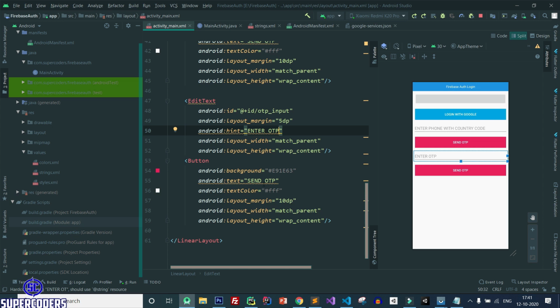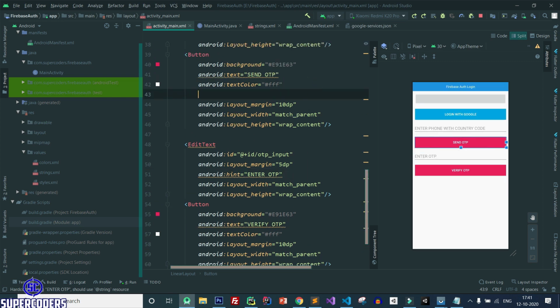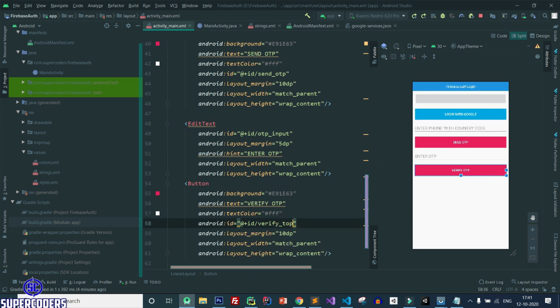After that here change this to verify OTP, and here give the button name, send OTP ID, verify OTP.